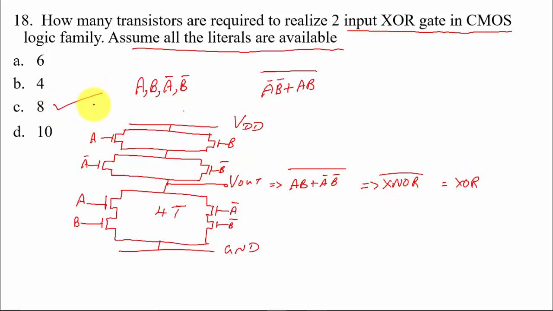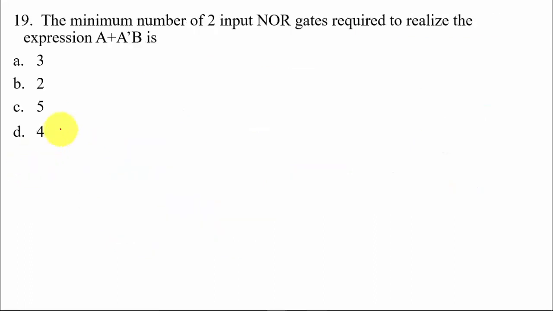This is an optimized technique. Many students will be thinking of realizing XOR directly, which means they will give A B bar and A bar B. At that time what they get is the XOR complement. At last they are going to connect one more inverter. If you go with this technique, you make use of 10 transistors, which is not an optimized one. So the corresponding option that follows is option C.